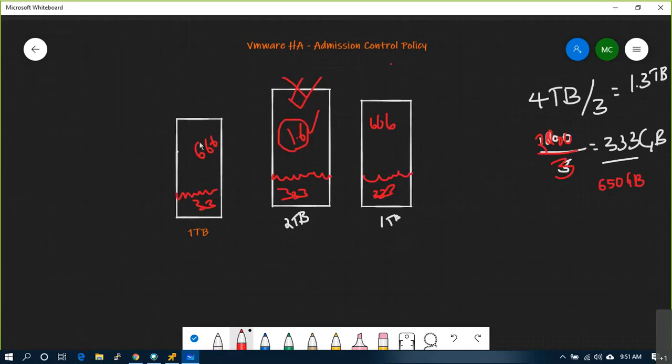So now 650 GB you keep in reserve here, 650 GB in reserve here, and 650 GB in reserve here, and 1.3 TB you will use in production, and 300 GB in production, 300 GB in production.